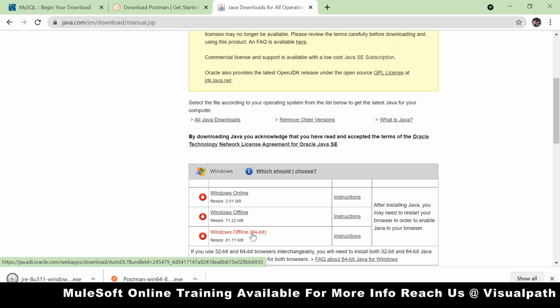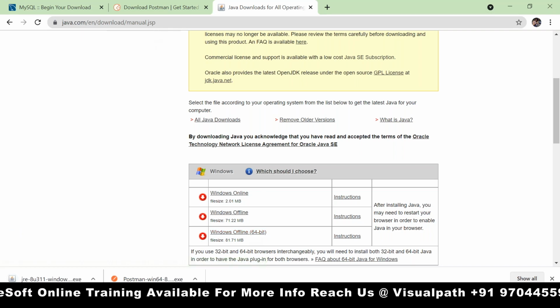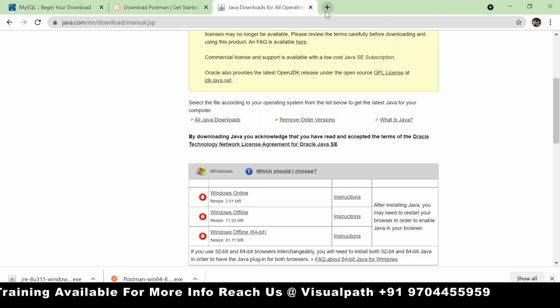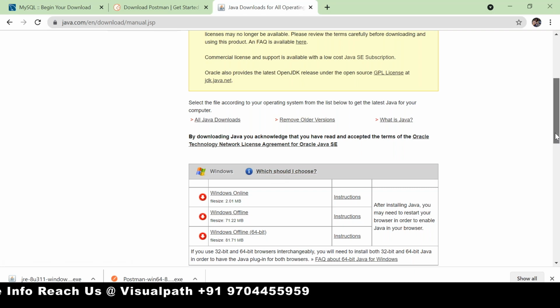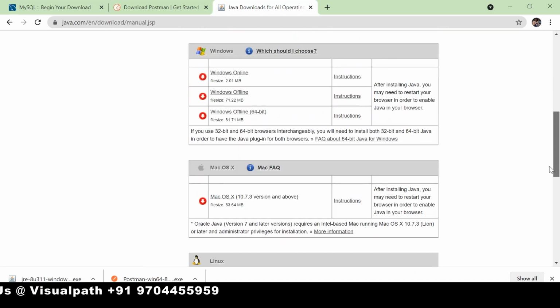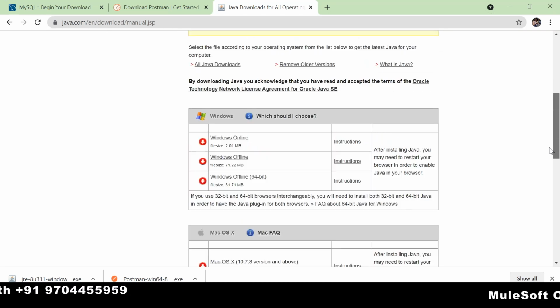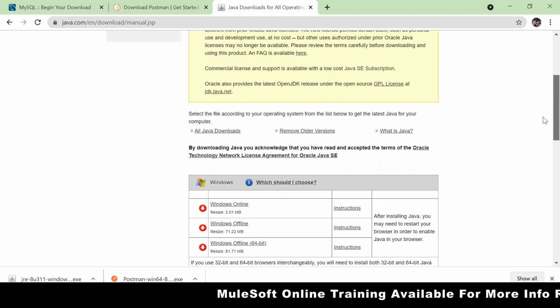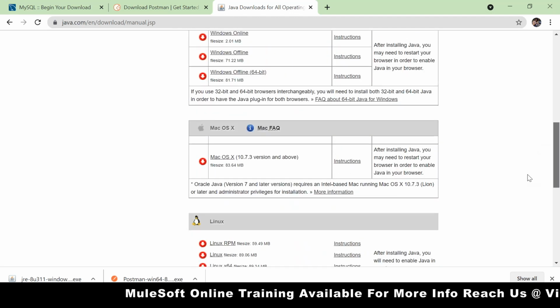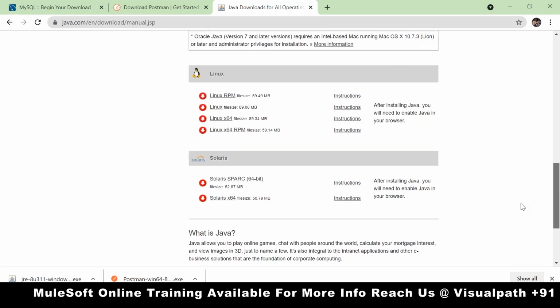Can you search for the JDK? Do one thing. Click on the all Java downloads. Below, there is an all Java downloads. A little bit above. Scroll up. Yeah. Scroll down. Which one to choose?